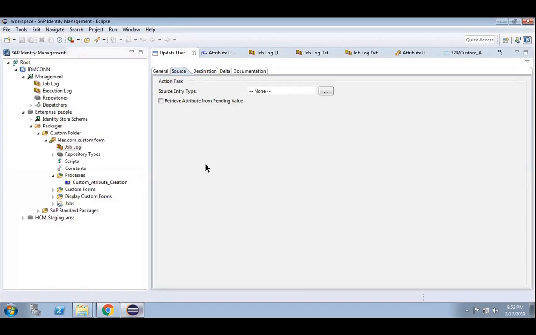Now check whether the display forms are opening or not in this standard package.